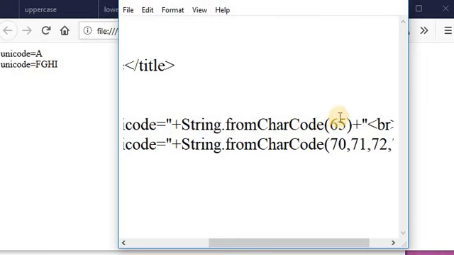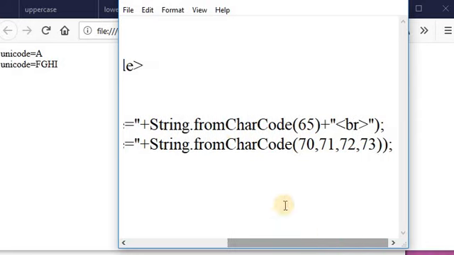It converts the given Unicode number into the character so that it returns the A on a web page. Again I am passing 70, 71, 72 and 73 on a fromCharCode method so that it returns F, G, H, I. Here suppose I am passing only 2 parameters.